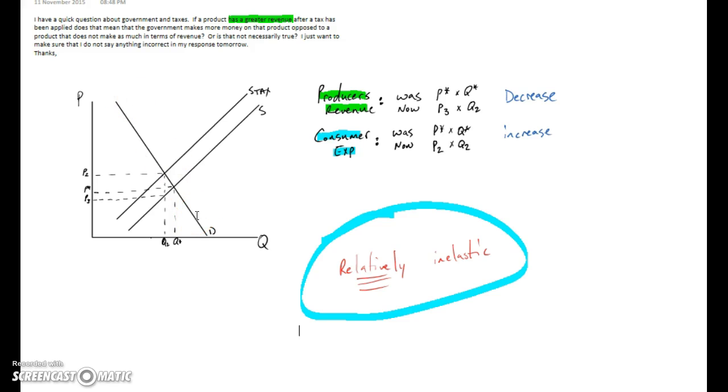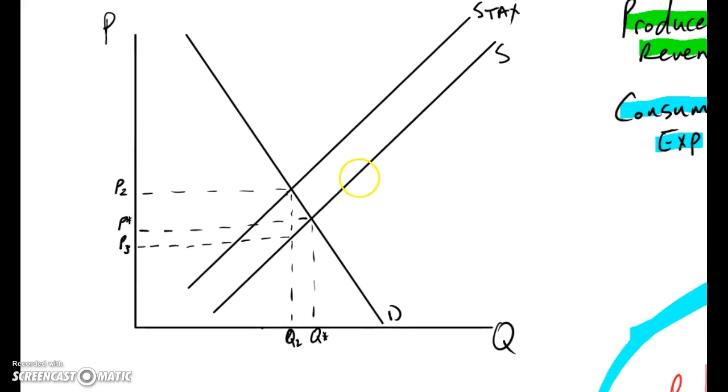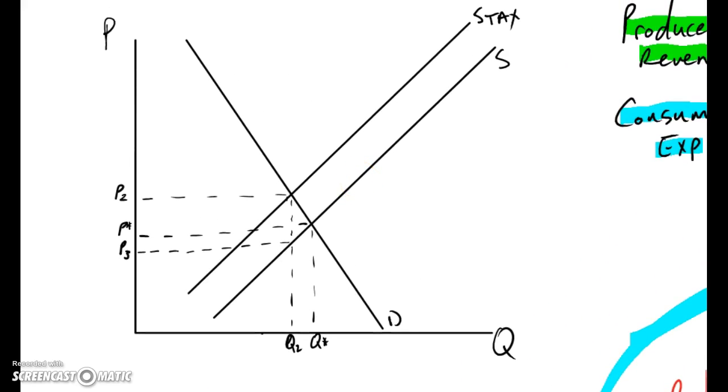We don't really ever talk about that, but I could make this same change way up here and the distance from Q2 to Q3 and the distance, the change in price, it would be identical because we're talking about a straight line. So I think your question,